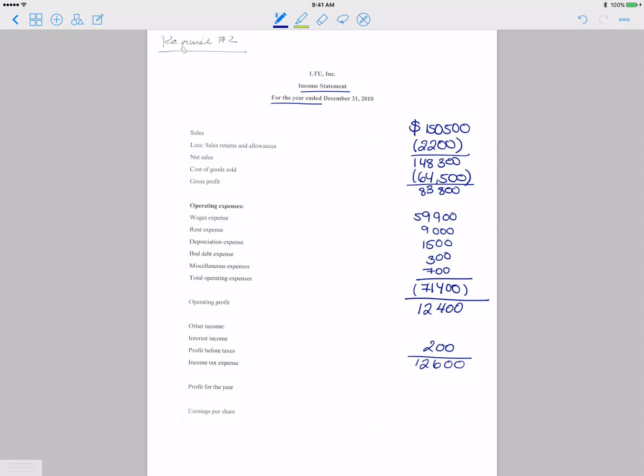$12,600. Now we need to calculate our income tax expense. So how do we do that? Our income tax expense will be $12,600 with a rate of 20%, which means we multiply by 0.2, giving us $2,520. This is equivalent to a 20% income tax. This means that we have to subtract income taxes of $2,520. Our profit for the year will be